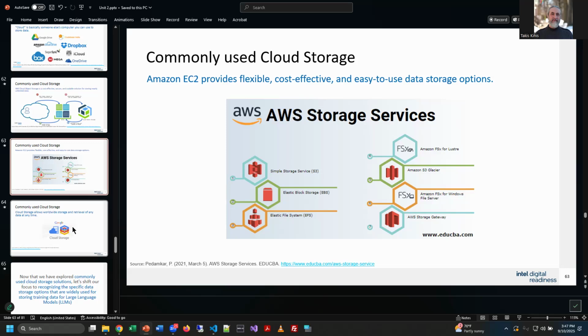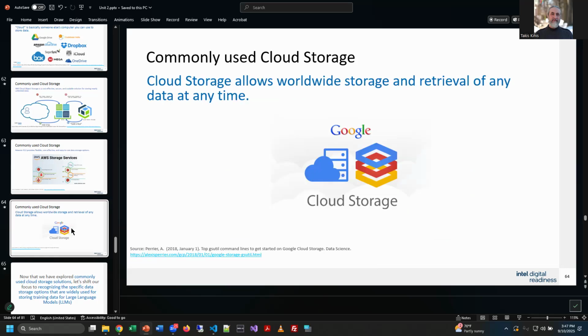But AWS is the big one, right? And that's their cloud storage. Google has a cloud storage platform also called Google Cloud Storage. Microsoft has one also called Microsoft Azure, right? Very big, popular one. And really probably the two most popular are AWS, followed by Azure. And maybe, I shouldn't say that with any certainty. Maybe Google's bigger than Azure is, but those are kind of the big three for cloud storage. And I'm not just talking about for you and me putting our couple of files out there. I'm talking about big, giant enterprises that run their applications and servers off of the platform. That's what we're talking about here.